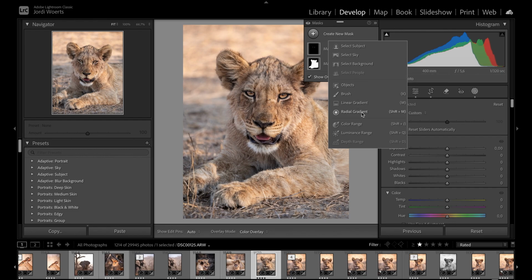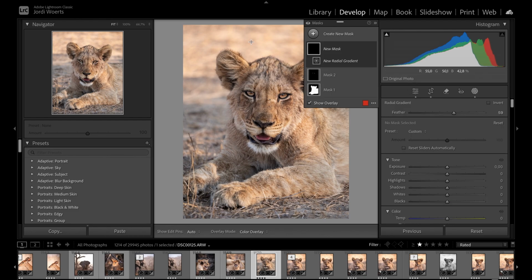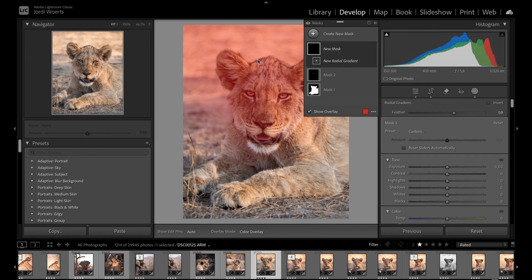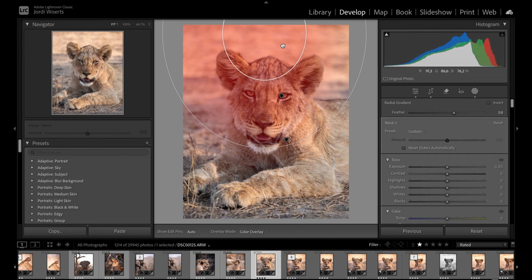So let's go to a radial gradient, and let's basically put the gradient all over the lion and the image. There we go. Let's put it in the center.